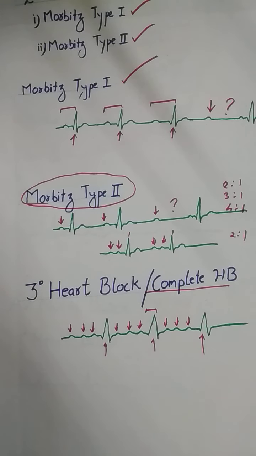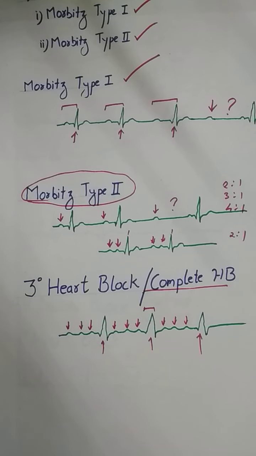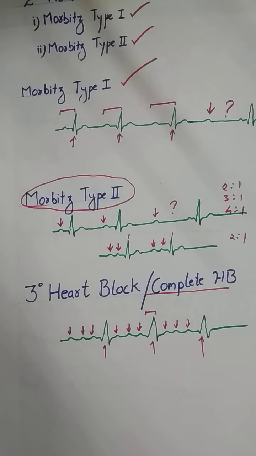The clinical significance is that it is a fatal condition. It is usually seen as an acute phenomenon in patients with acute MI or due to some fibrosis around the bundle of His, and it can lead to syncopal attacks due to decrease in cardiac output because the heart is not contracting and functioning properly. Okay, so this is all about third degree heart block. So this is all about the heart blocks, the SA nodal block, the AV nodal block, and the different types of AV nodal block. Thank you.